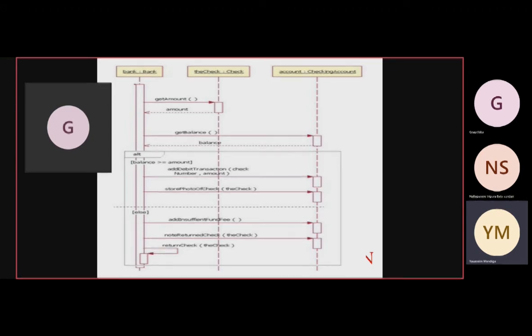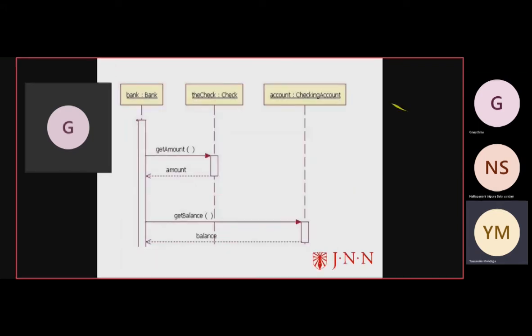If money is existing, I'm successfully collecting the money. If money is not there, I'm going to return the check and then solve the problem. So that is an alt. Simply, alt is used for which condition? When conditional statements come up, at that time the alt keyword is used.